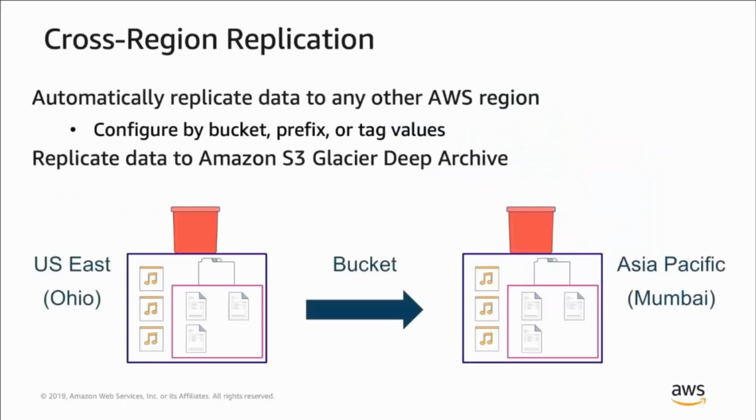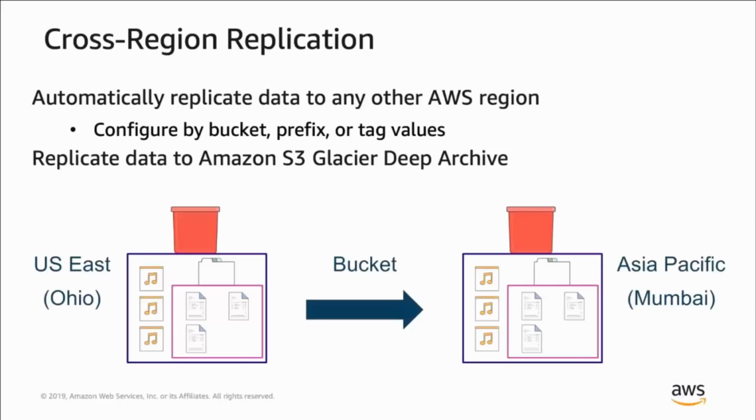To get a little bit deeper on how the cross-region replication works, remember, cross-region replication is a policy. You can configure it by bucket, by prefix, or by tag. So you can be fairly granular about how that policy applies. And you can set it to replicate data as it's ingested into a bucket directly to Amazon S3 Glacier Deep Archive in another region,